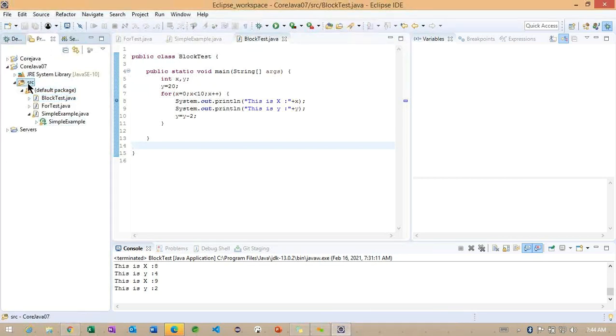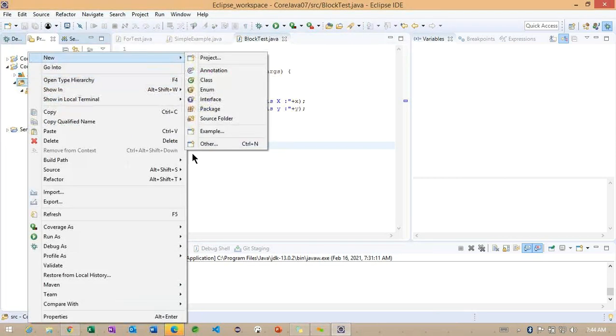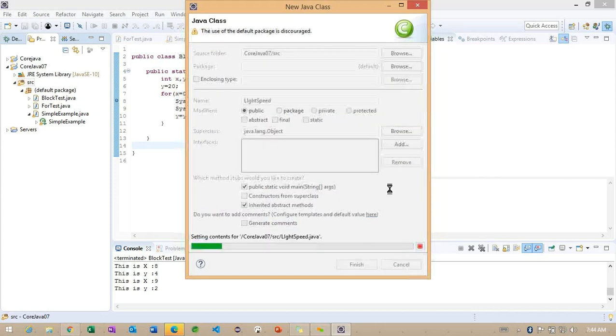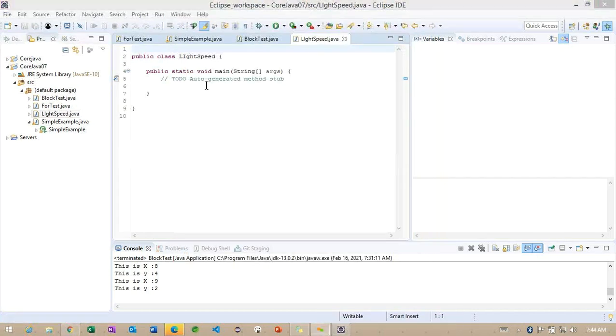go back to here, we'll create one more example here, something called light speed. Okay, now observe, I'm specifying one data type here, something called int.